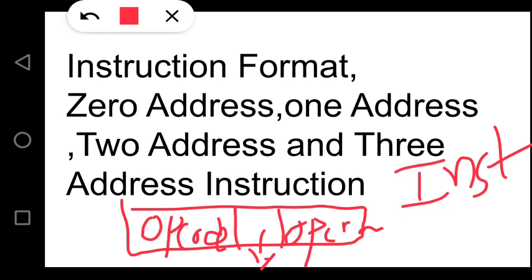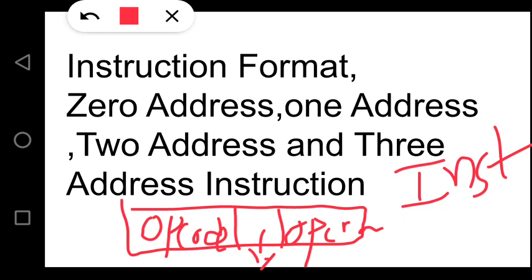As I said earlier, the computer takes the instructions stored in memory one by one. Take is not a suitable word; in terms of computer memory we have a special word called fetch. Fetch an instruction from memory. You know the procedure. How does the control unit know the address of the next instruction? Remember, we have a special register called the program counter.